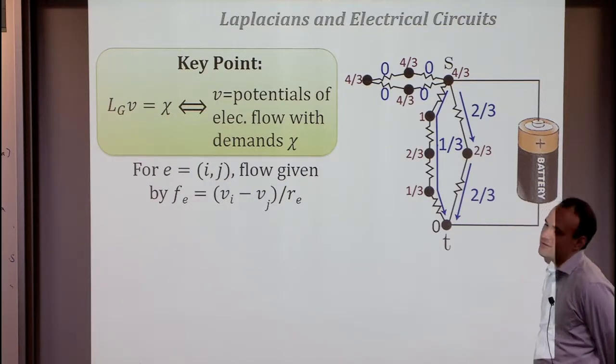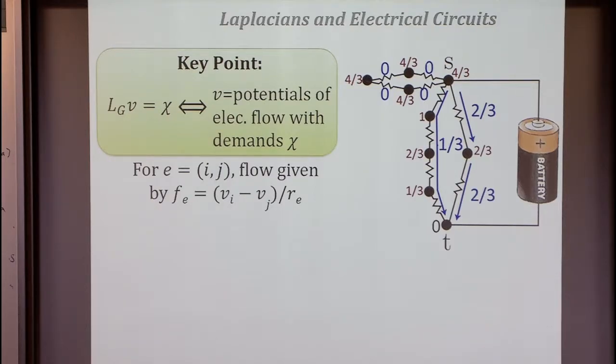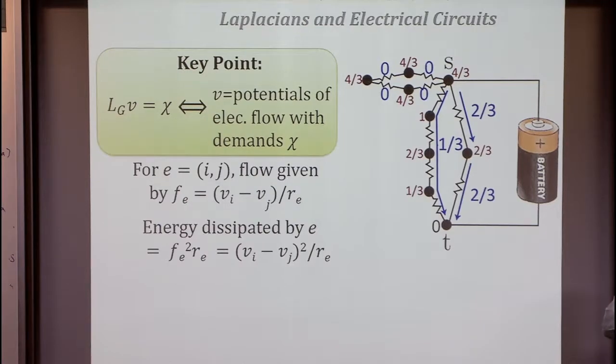The real property we're going to use about electricity is that it obeys Ohm's law. So it says that there are these voltages, v, and the electrical flow on an edge is v_i minus v_j over the resistance, right? So the potential difference divided by the resistance. And we're also going to look at the energy dissipated by an edge. So this is just,